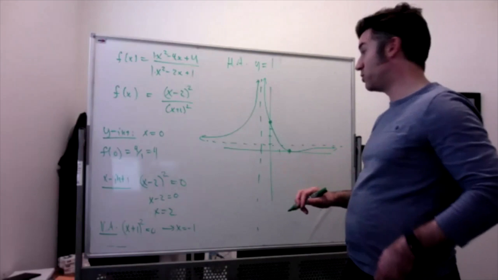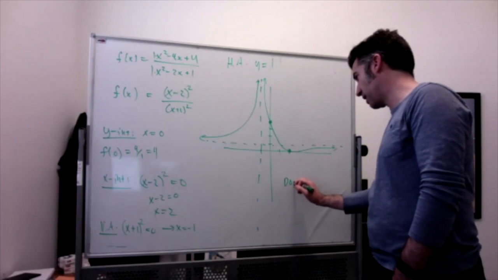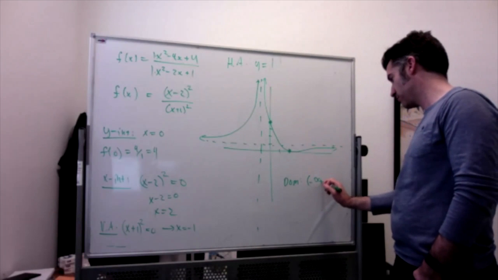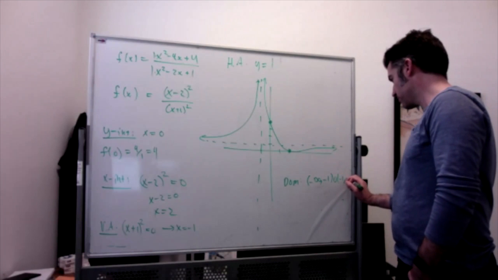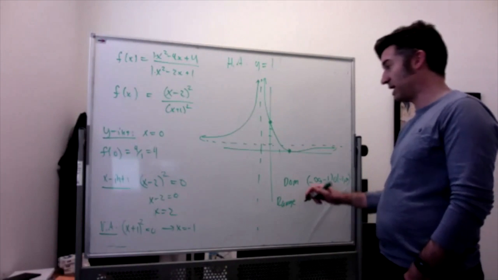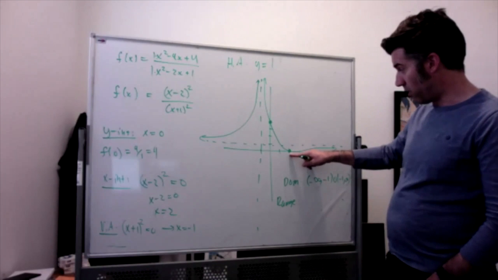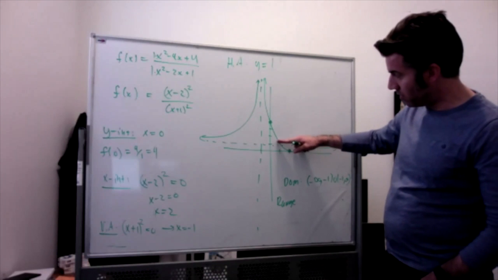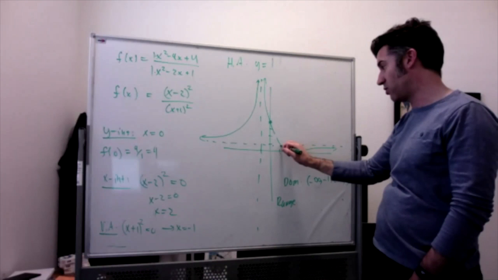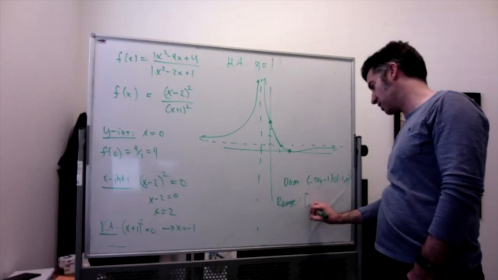Oh, domain and range we can answer here. The domain is everything except for negative 1. I definitely get all the x values except for negative 1. The range we can also answer, because I can see that the y values are never negative, and I do get 0, and I do get everything from 0 to infinity, right? I'm not missing any y values. I even get the y value of 1, because I do have to cross this horizontal asymptote. So the range here is 0 inclusive